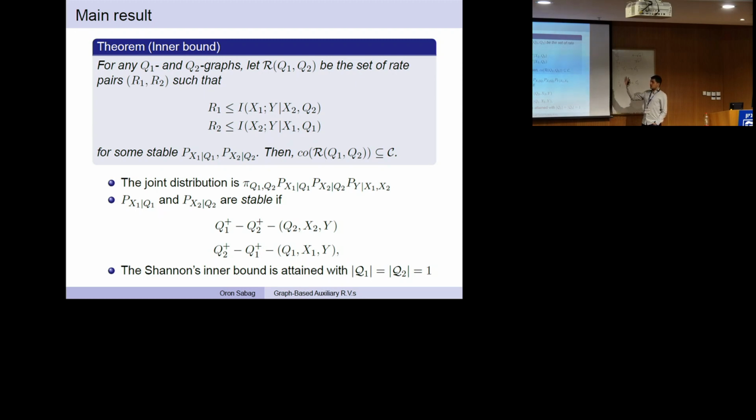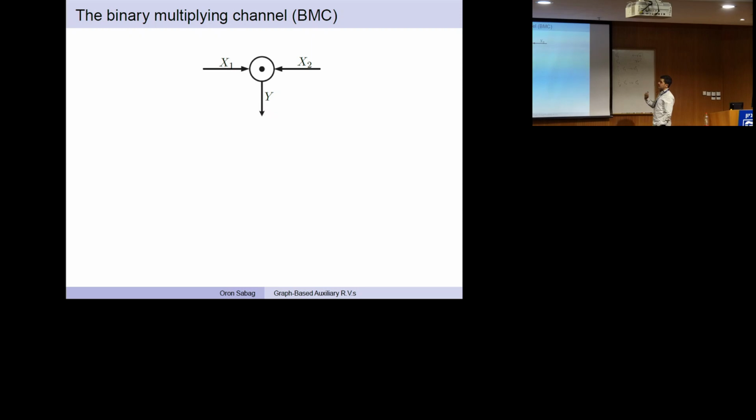So the Shannon bound is contained in this inner region, and we were wondering whether it is strictly larger than the Shannon inner bound, whether this graph-based cooperation can improve on the Shannon approach. And to this end, I will show another simple example, which is called the binary multiplying channel. And also here we have binary inputs that are being multiplied and being fed back. The multiplication is fed back to the users, and this is a very old and classical example of a challenging two-way channel that was suggested to Shannon by David Blackwell, who was very good at finding difficult and simple problems.